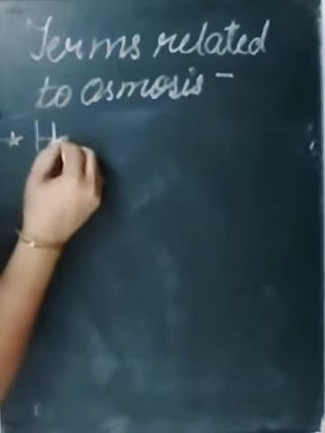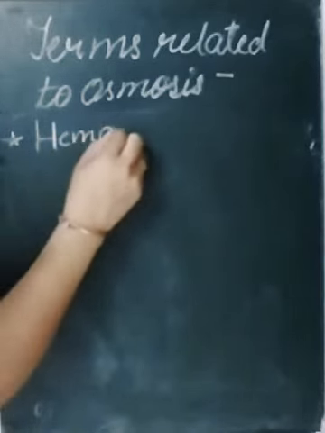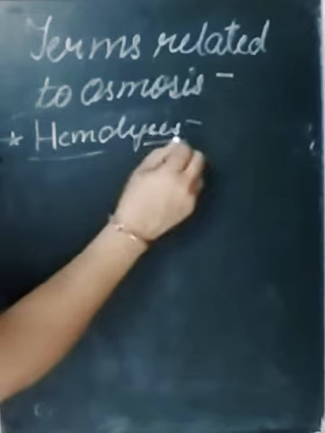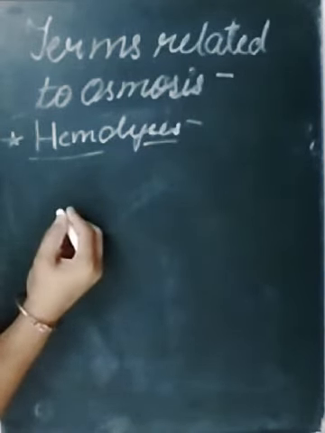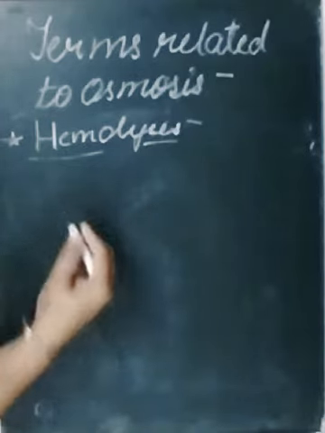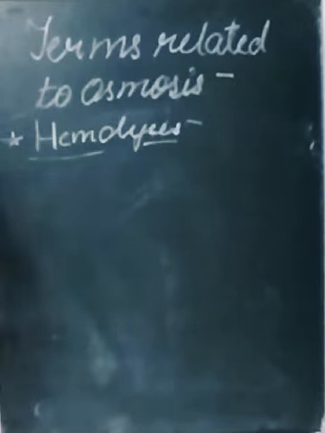Another term we will see is hemolysis. Now, if a cell comes in contact with a dilute solution, that is a hypotonic solution where the osmotic pressure pi is less than that of the cell, we will find that water moves inside, as we have seen in case of endoosmosis. So the cell swells, and a time comes when it ruptures because of very high osmotic pressure. That condition is known as hemolysis.